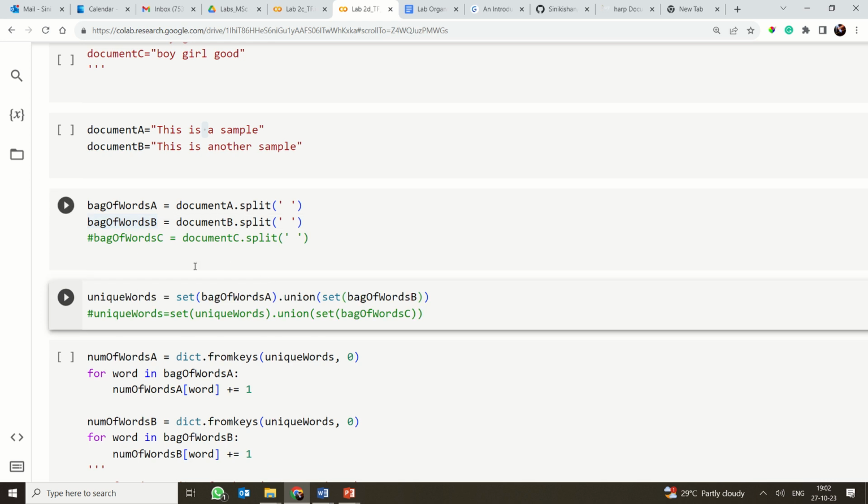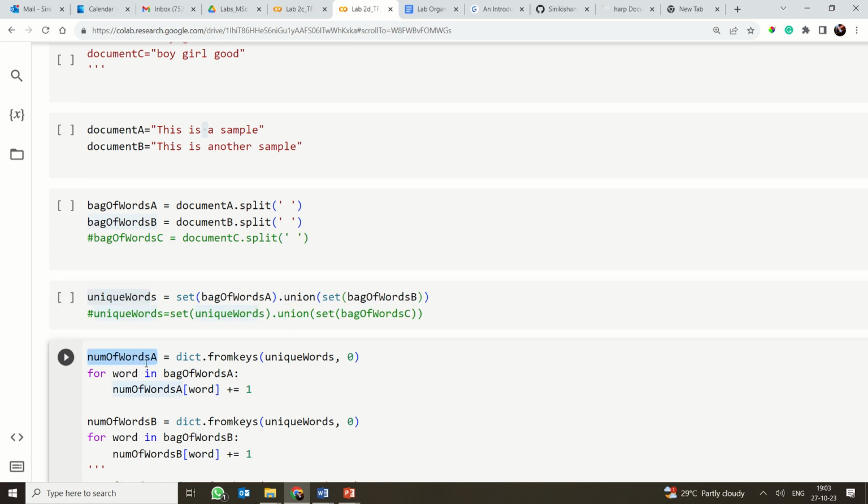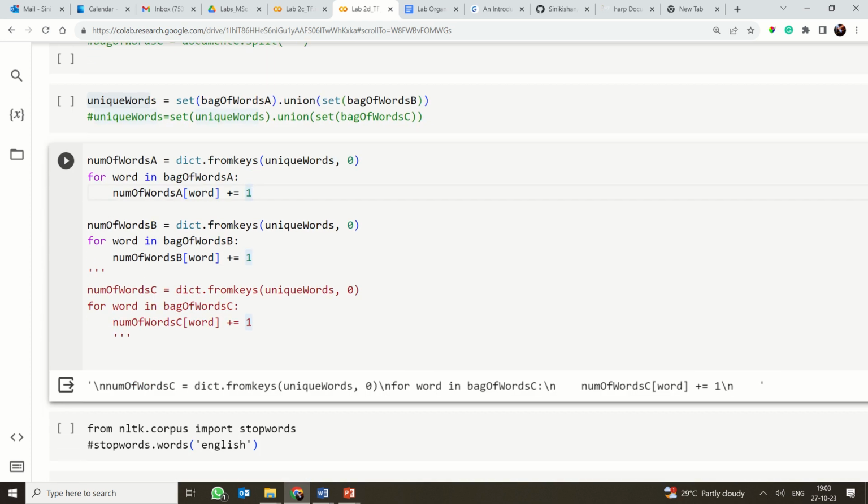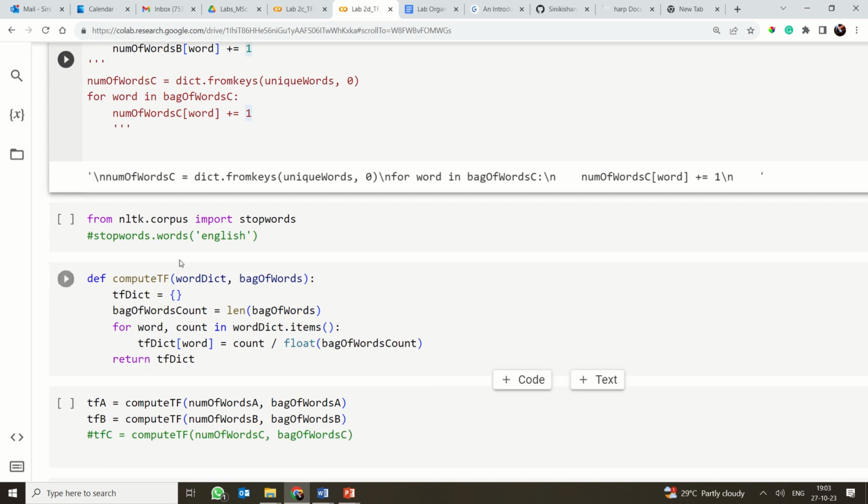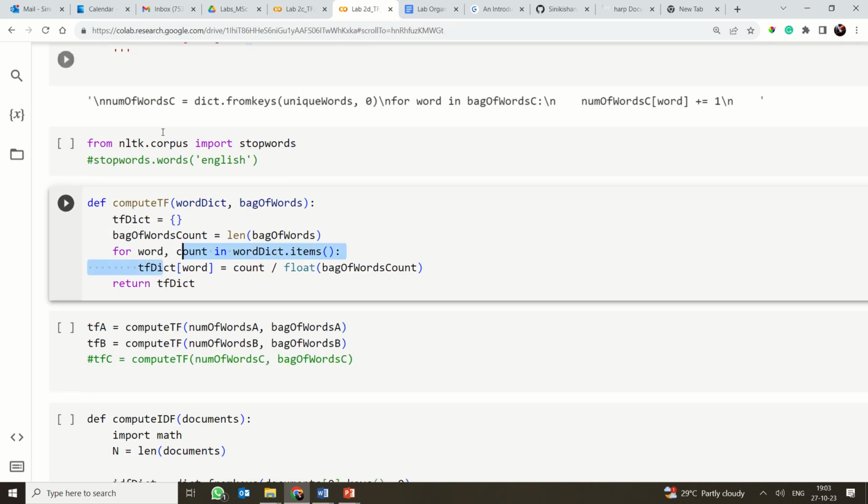When you learn about word embeddings, you will learn about bag of words and skip-gram models in a detailed way. So you're making a set of bag of words A and a set for B, categorizing them as unique words and finding the number of words. You are getting the keys, going through each and every one, and counting each word for A and B. Then you are using the stop words, and you are computing the